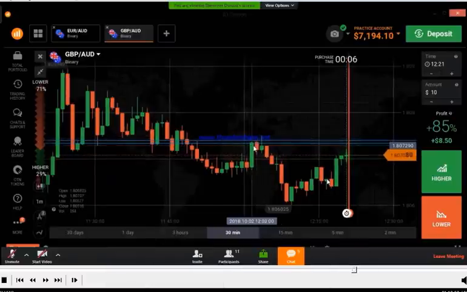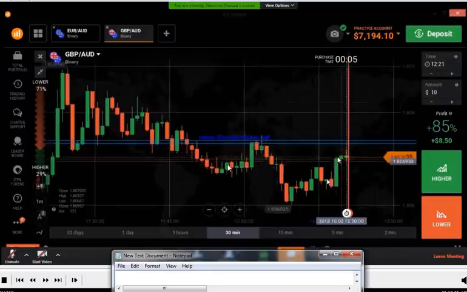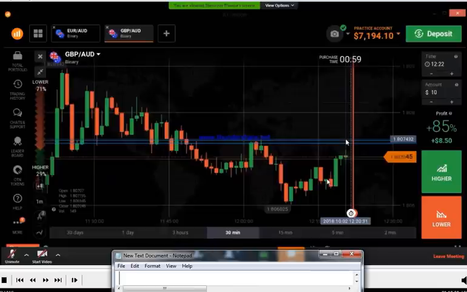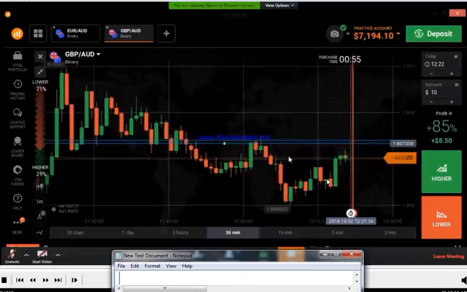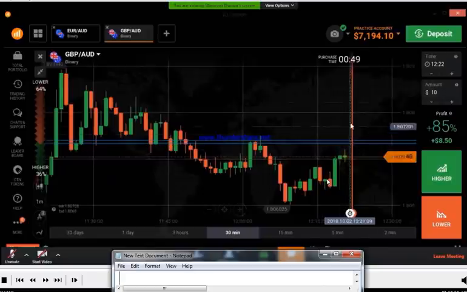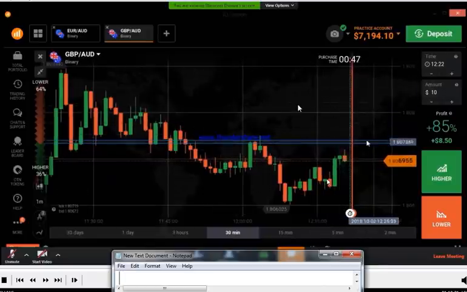tried to break this level and it is again coming to break this level. It means it may break this level here. There is a chance to break this level. Don't trade twice on the same level in the same direction. If you want to trade here, you need to wait for the breakout, and again when market touches this level,